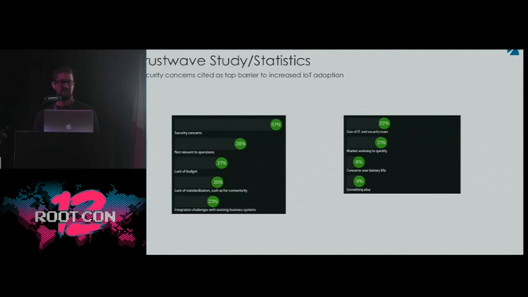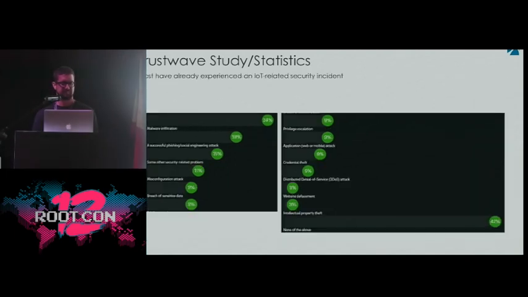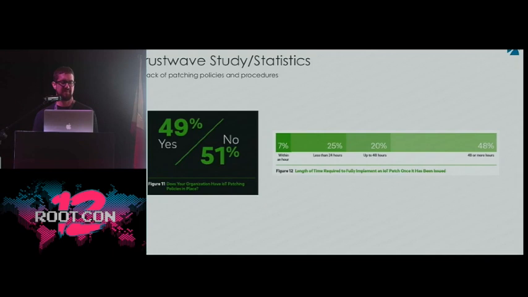Also, they stated that one of the biggest reasons that they were reluctant to add more IoT in their environment was because of security concerns. And also a very large number of them had experienced IoT-related security incidents in their environment. So the threat is there, the threat is real, and there's a significant impact to having IoT in an enterprise